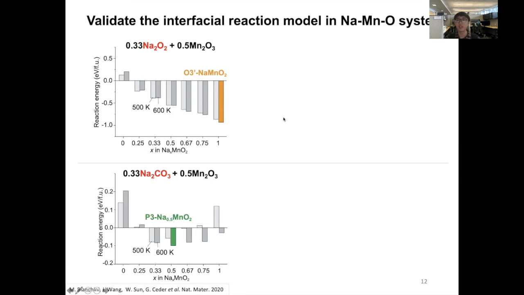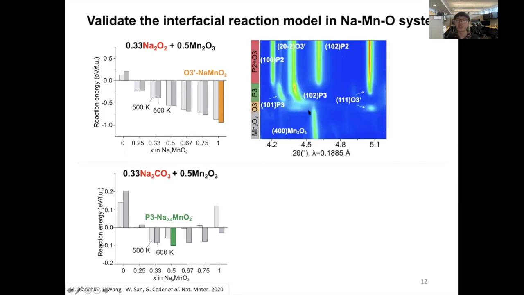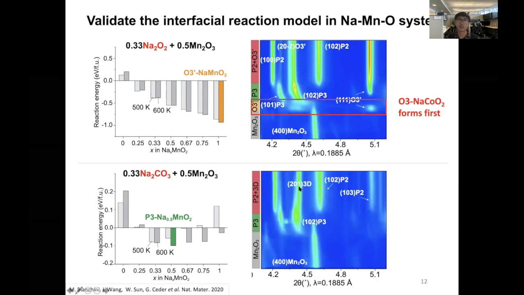The corresponding in situ diffraction pattern indeed shows that with sodium peroxide, the first formed phase is a fully sodiated O phase, while with sodium carbonate, the first formed phase becomes a sodium deficient P3 phase. This experiment demonstrates that by selecting different precursors, we can actually control the first phase to form, and therefore control the